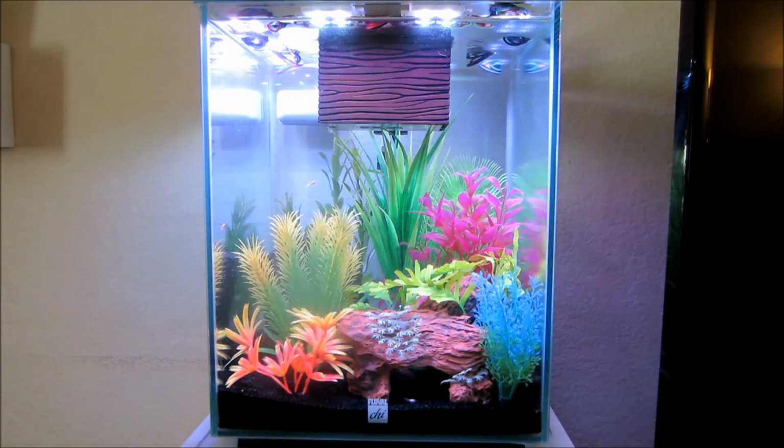I have had the Fluval Chi for about 8 months now, and I love it. The Fluval Chi is perfect for one betta or a few smaller fish, but you don't want to overstock this tank. I purchased it solely as a brackish water shrimp tank, so I've got about 40 Opae ula shrimp and 3 PPP snails inside. You probably won't be able to see them all because they like hiding away in the plants